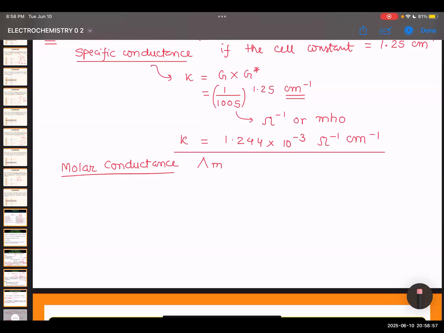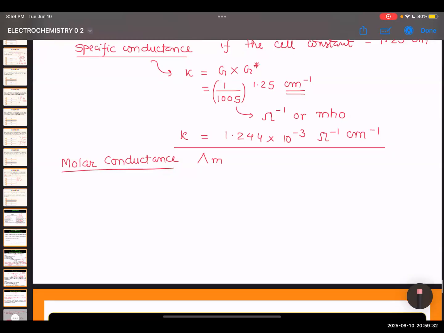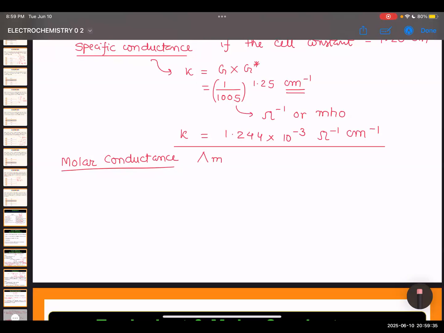Sir, like the conductance per mole of any compound. Suppose if I put 1 mole of NaCl in water, it will dissociate. So whatever is the conductance of that 1 mole of NaCl, all ions furnished by NaCl upon dissociation, irrespective of its volume. Okay. So molar conductance of an electrolyte is basically